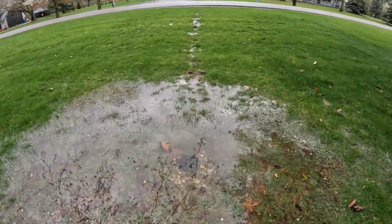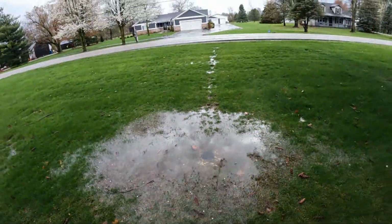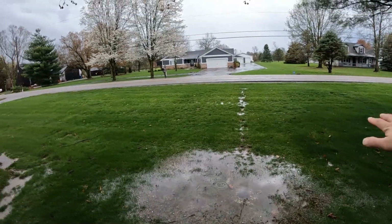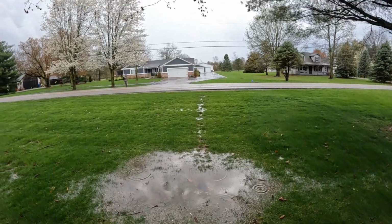Right there's the center drain. Every time we'd have any rain at all, this whole front yard would flood, my neighbor's yard would flood, and I had nowhere to go with the water. They say take it to daylight, and that's the best thing. Since I don't have a drainage or storm runoff drainage provided by the city, the only option is a dry